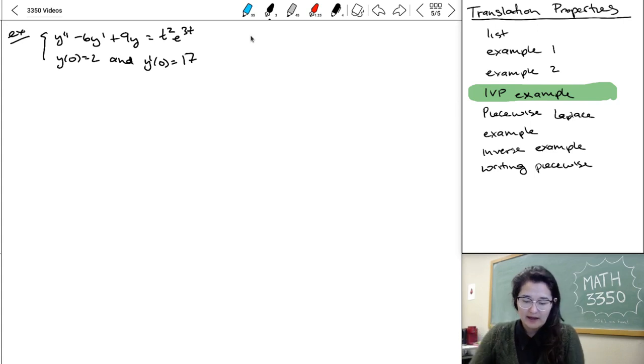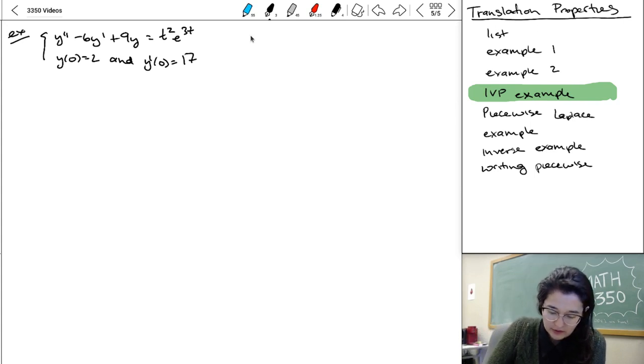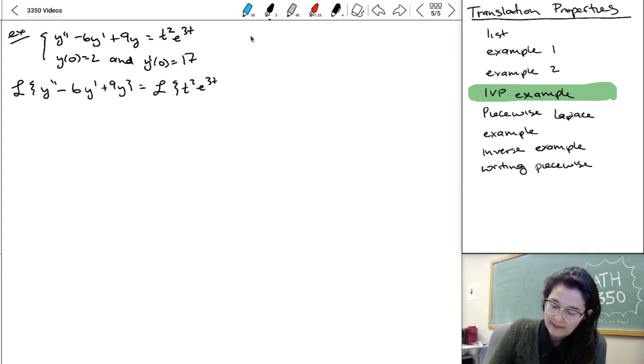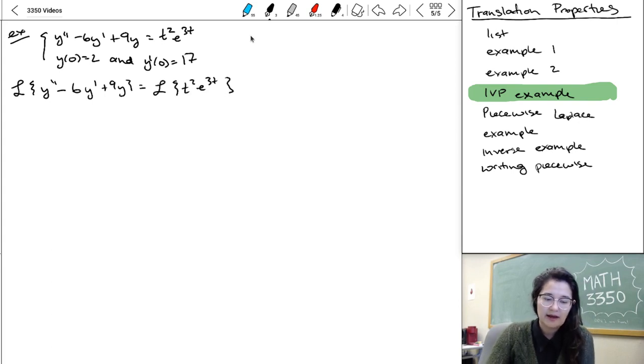And we're going to go ahead and compute Laplace of both sides so that we're able to find Laplace of the left and set it equal to Laplace of the right. And I'm trying to leave this space up here blank so that I can write the Laplace properties we need